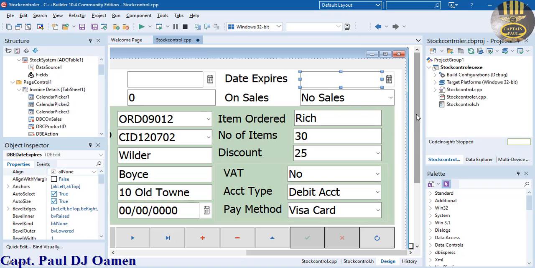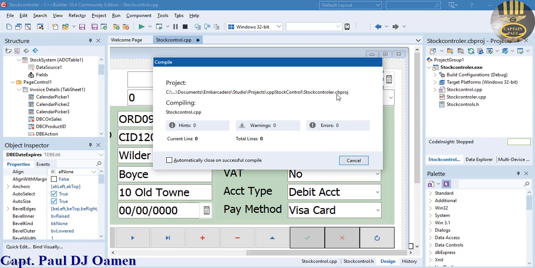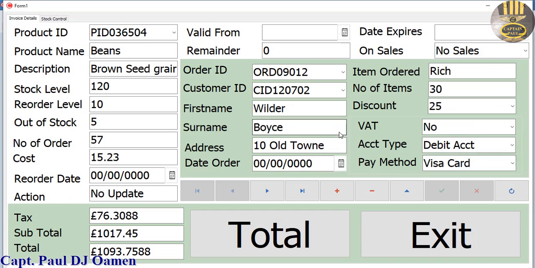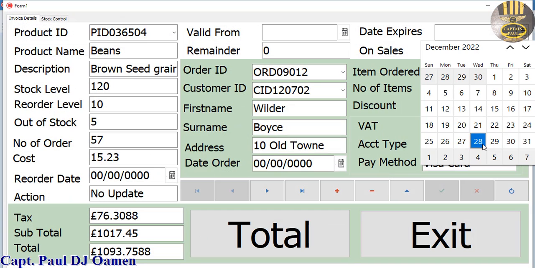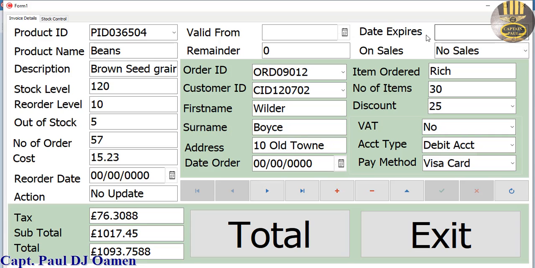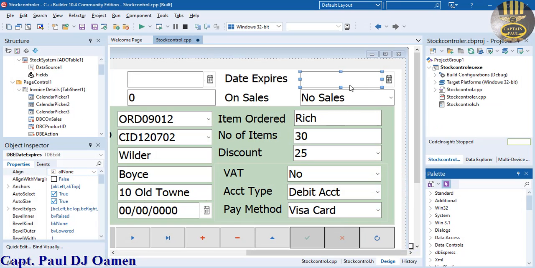Right. So when I run it, what I want the system to do is whatever I select, you go into each of those components. So let's see. But for now, nothing is going to happen. Okay, very good. If I select, I want the date to appear in here. Expires date, valid date, order date, and date order, reorder date and date order. So let's exit out. Okay, first of all, what's the name of this one? Let's see the name,